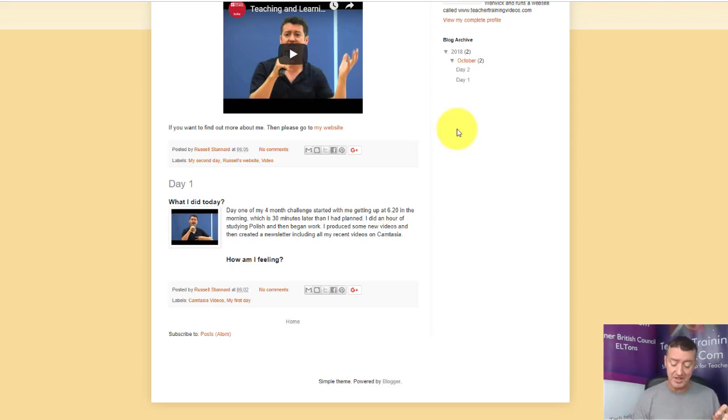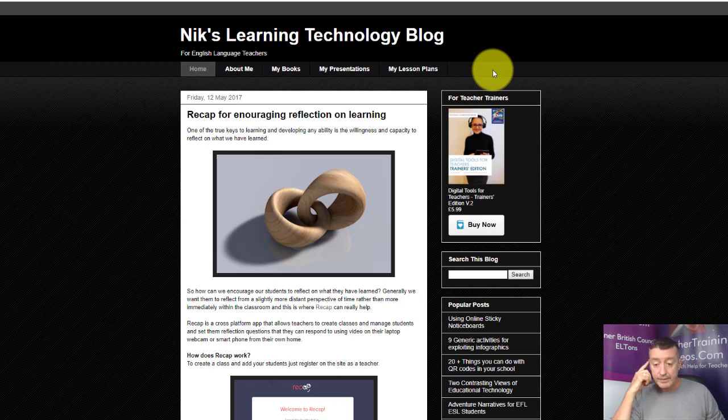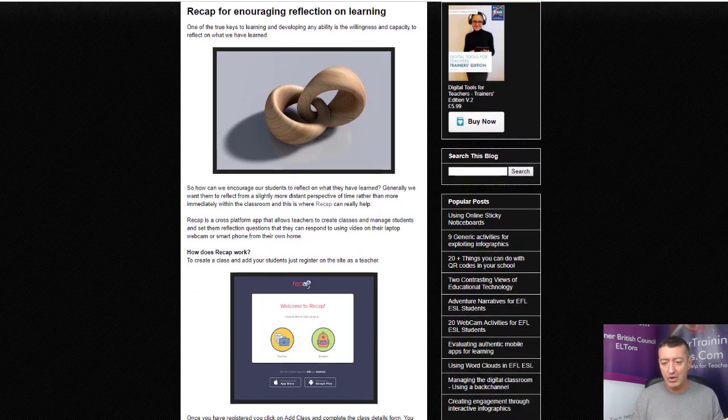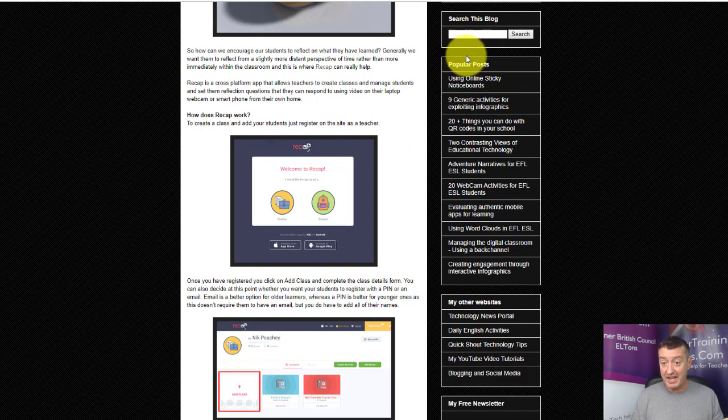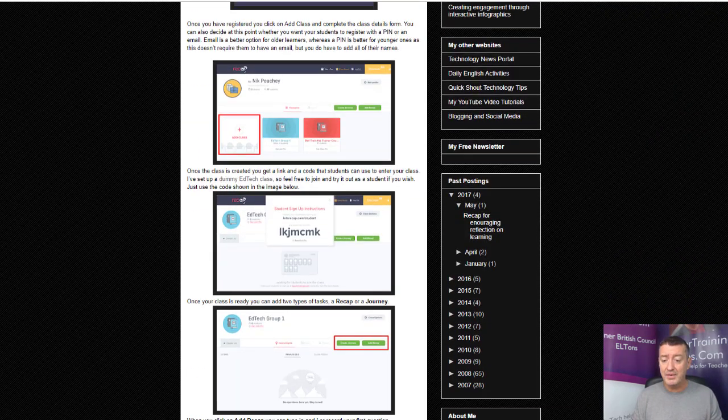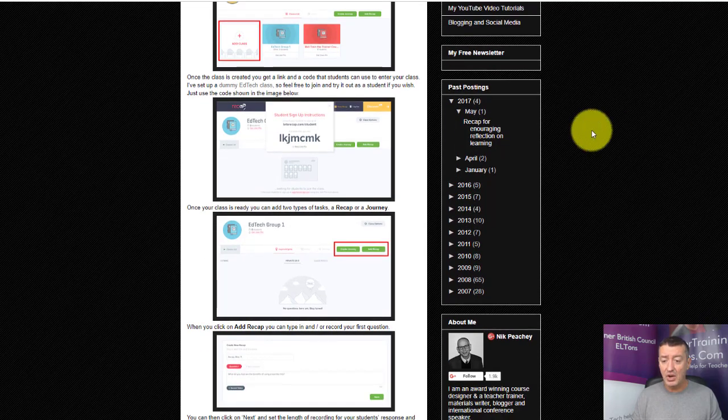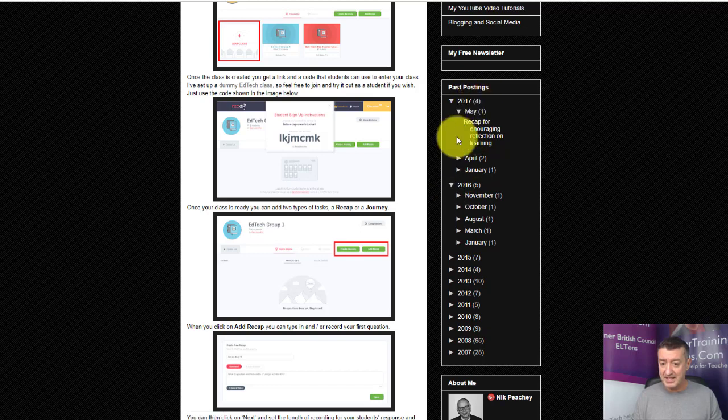Let me just demonstrate this to you. So we can see Nick's blog here. It's a great blog about technology, and if we come over here and scroll down, we can see he's put lots of different gadgets in. All of these are different gadgets that he's added, and as I said before, you simply choose the gadgets that you want to include. If we come down here, one thing he's got is all his content organized by date, and that's done by default by Blogger.